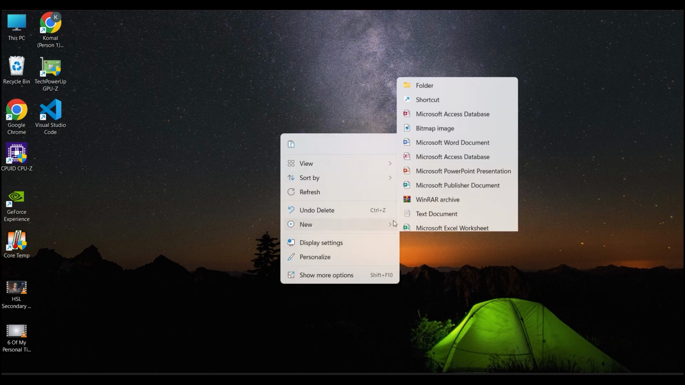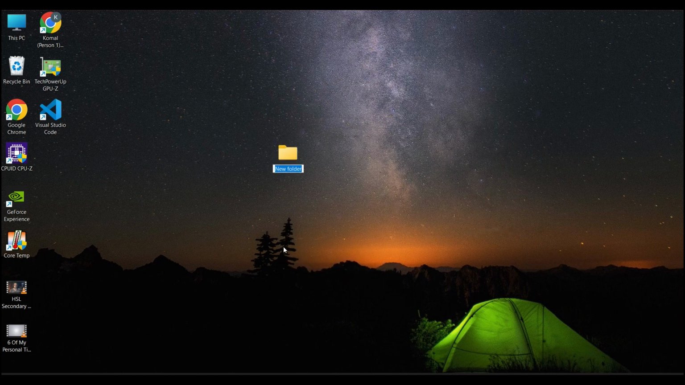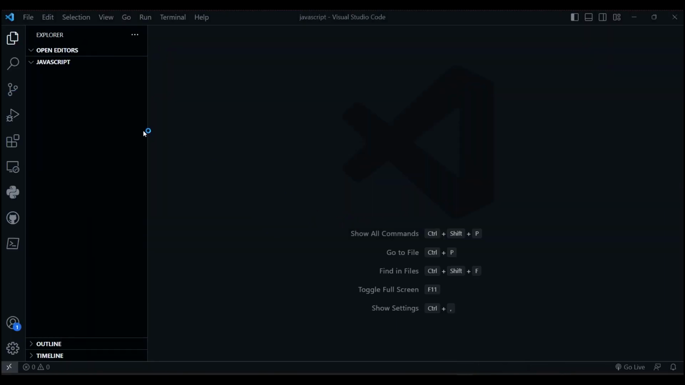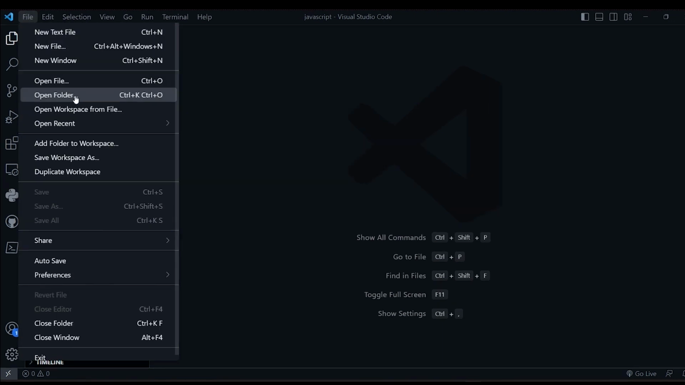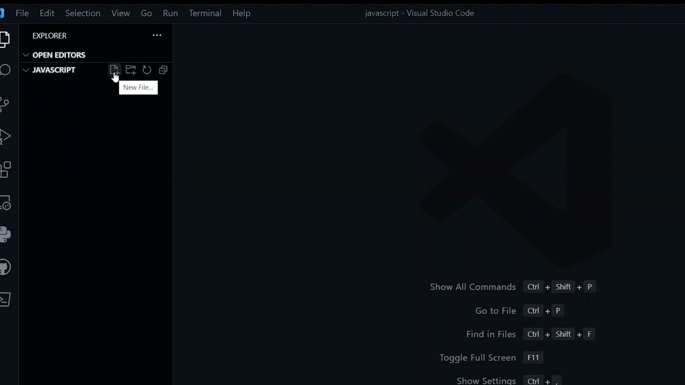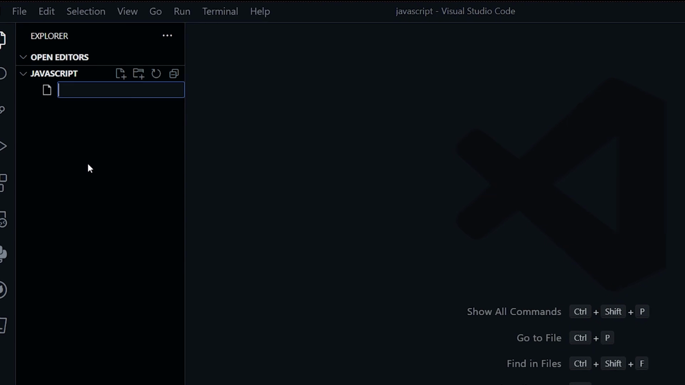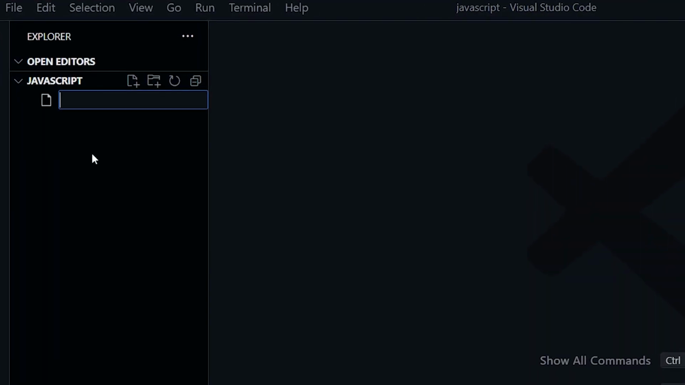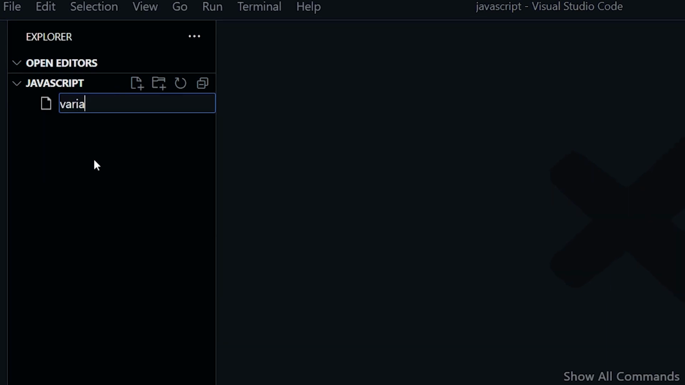So first we will create a new folder, name it JavaScript, open Visual Studio Code, open the folder JavaScript, select folder. Now here we will create three different files, one for HTML, one for JavaScript, and one for CSS. I will label it variable